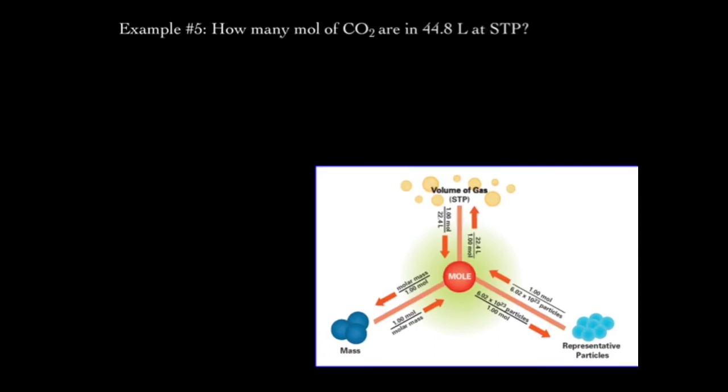Okay, for this question we are going to use the gases portion of the map. You're going to notice that the magic number, as we call them in chem, is 22.4 liters per mole, and it says at STP. And remember that STP is standard temperature and pressure, and that is 0 degrees Celsius and 1 atmosphere, 1 atm of pressure. So this only works for gases. Don't try to use it for water, even though water can be measured in liters. Solids can be measured in liters too, and we still don't use this. So this is only for gases, only at STP,